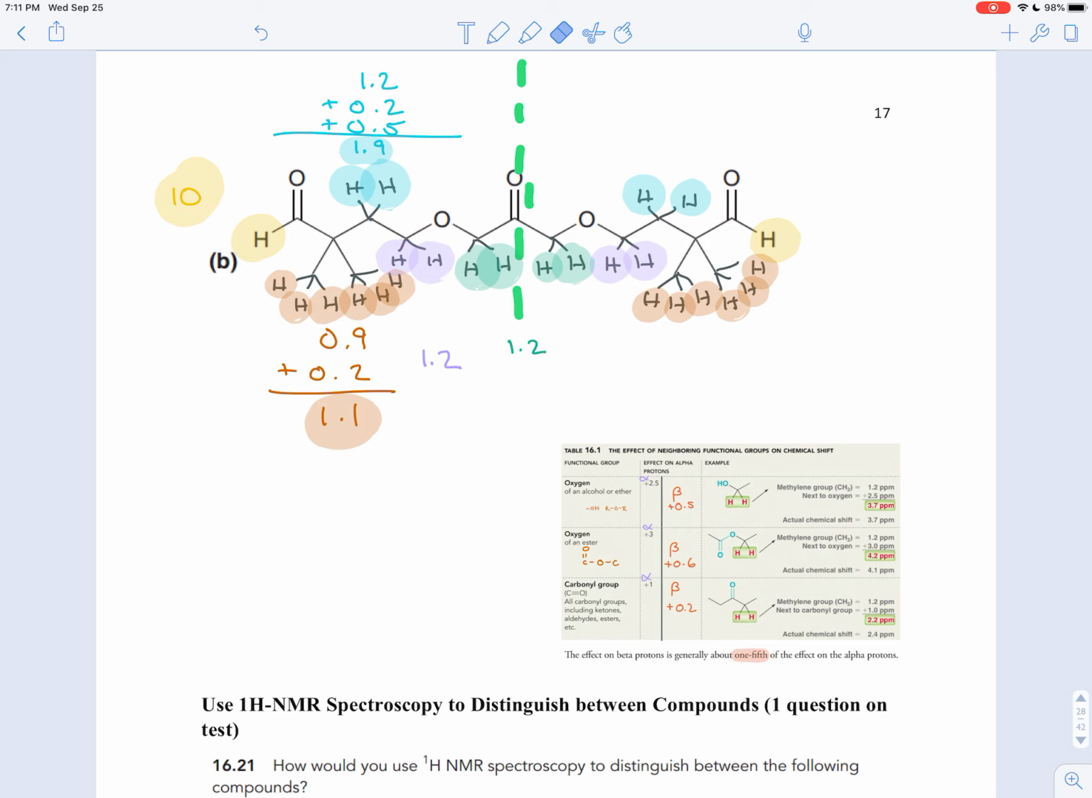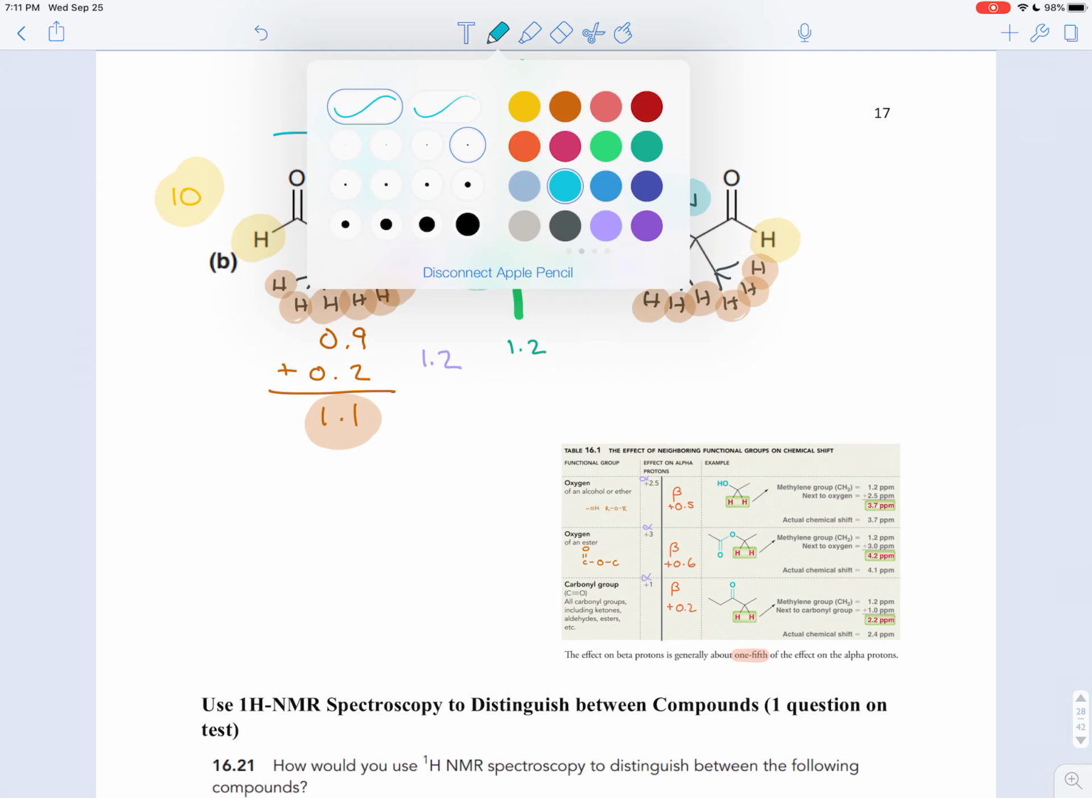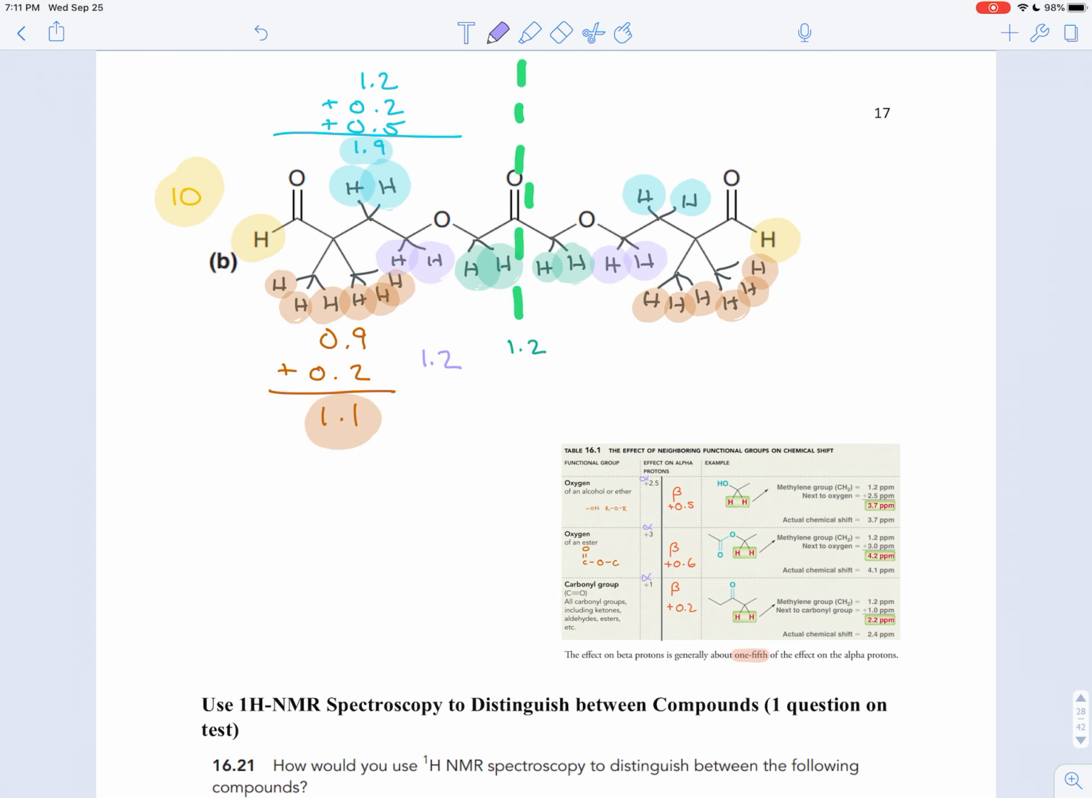All right, now the purple hydrogens. Those hydrogens are alpha to the ether. If you're alpha to an ether, then you add 2.5. So we'd add 2.5 to this because of the closeness to that ether oxygen. And so that's on one side. On the other side of the purple hydrogens,